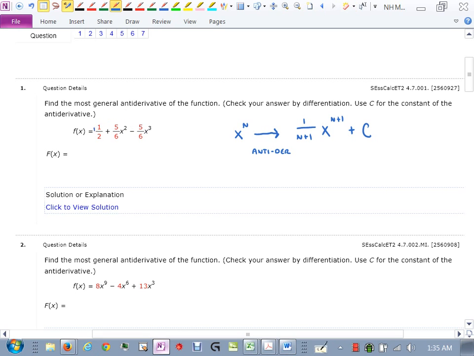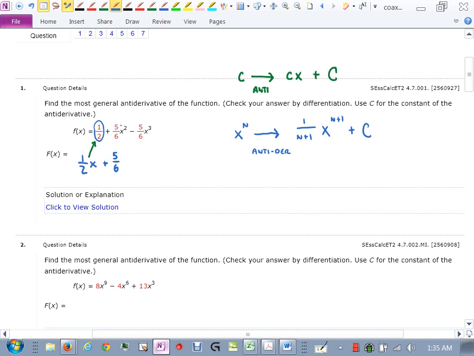Now for 1/2, the antiderivative of 1/2 is just 1/2 x. And just think of it this way. If I ask you to take derivative of 1/2 x, you would get 1/2. So anytime you have a constant and you do the antiderivative of it, then it's just that constant times x, and then plus capital C, constant of integration. But we will throw our constant onto the end of this. So we get 1/2 x there, and then we have plus